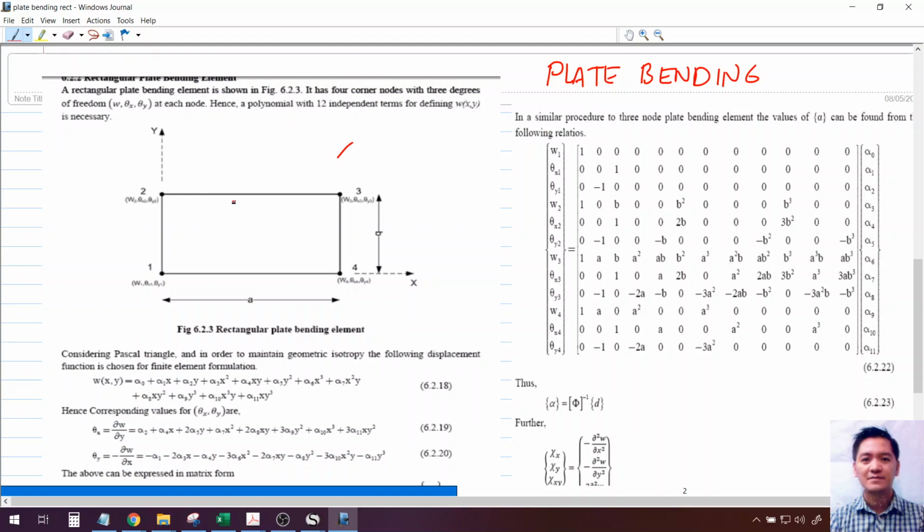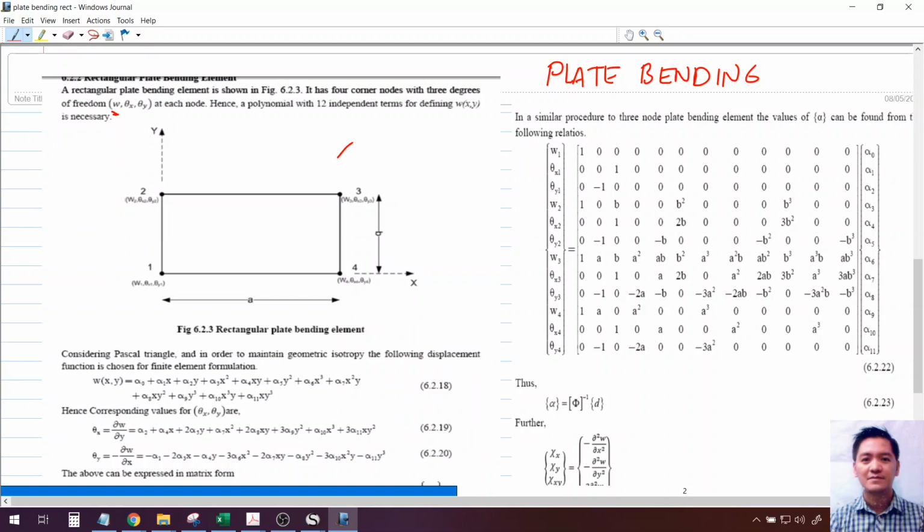It has four corner nodes with 3 degrees of freedom at each node. W means the vertical displacement of the plate. I assume all of us are civil engineers taking up finite element. Even in undergrad, we know the behavior of a plate is just like a beam, no? It deforms, therefore it has a corresponding displacement. Okay, vertical displacement. Now, the rotation, even in the Euler-Bernoulli beam,